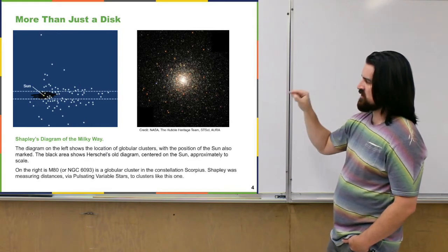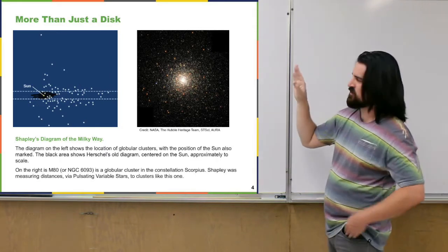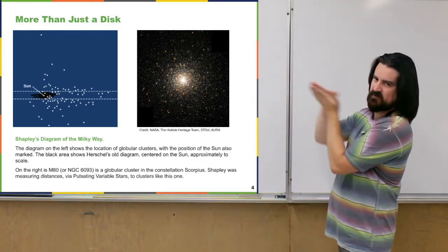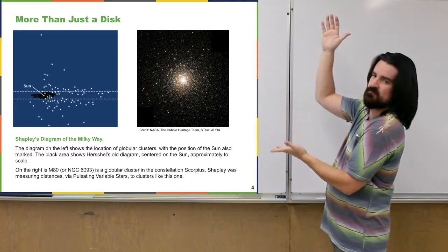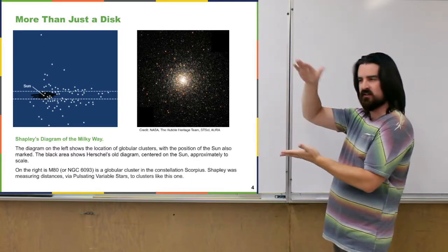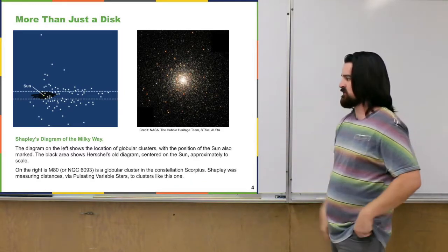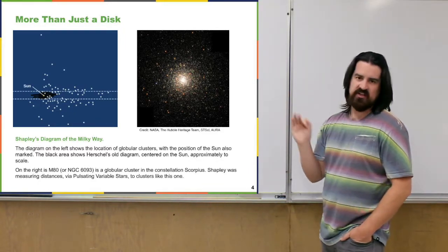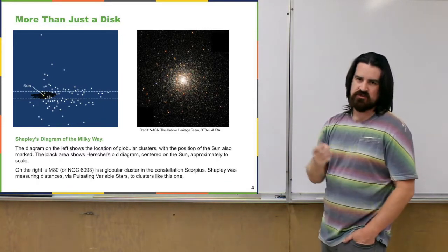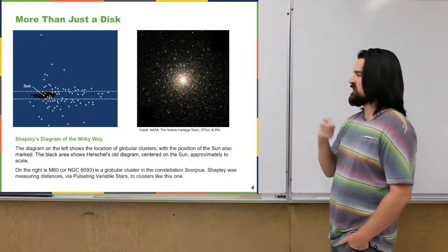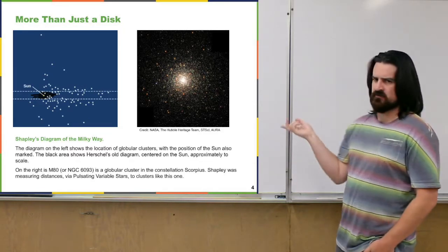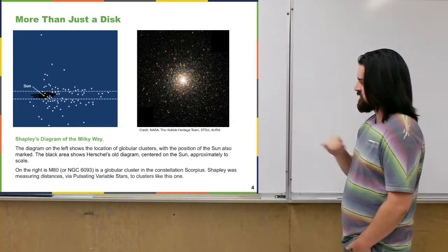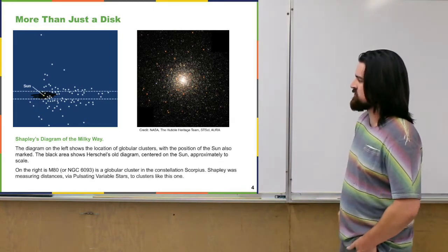But he started mapping all these globular clusters. They are further away for sure, but they're also not necessarily just in the disk, right? Just in a flat or flatter region. They can be very far out, or far away from where that plane of the Milky Way is in the sky. And in fact, nice tie-in, he was using the pulsating variable stars I told you about, that we use to map the distance, to say how far away something is. So Shapley was using a certain kind, the RR Lyrae stars. That's what he was using for the distances, just as an interesting side note.